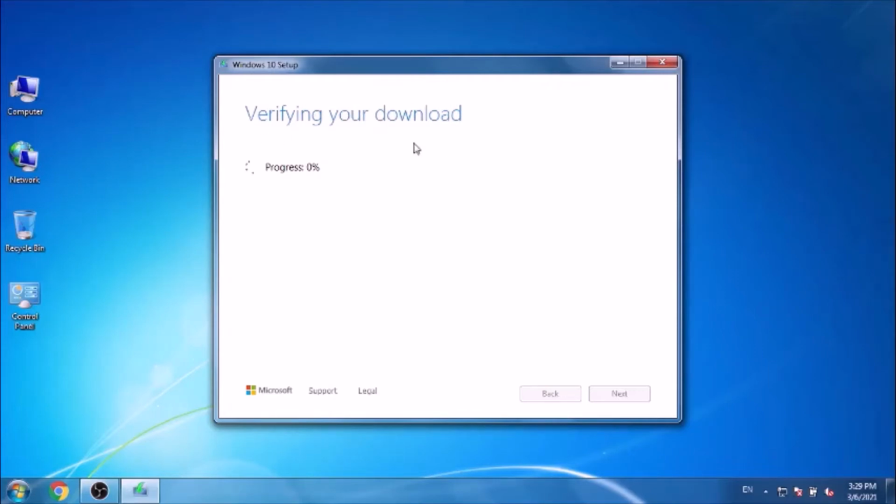And now it's creating the Windows 10 media. This also will take a little time. You have to wait until it is finished to 100%.